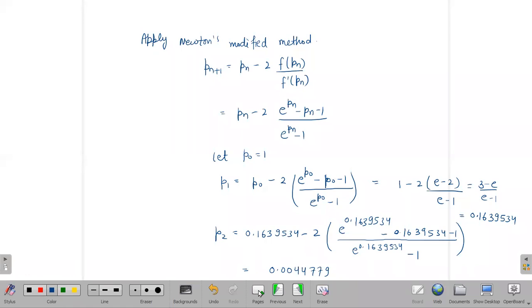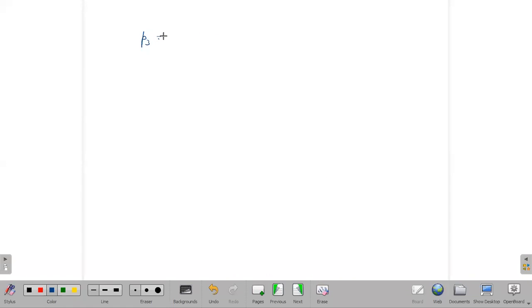And if you find the third iteration, then it will be about 0.0000033419. Sorry, it will be zeros in the first five places. So here you can see how it converges to 0. And even in the Newton method, in the sixth iteration you got 0.0 something, some non-zero number in the second place. But here you can see it is 0 in five places. So it is approximately equal to 0, you can say.